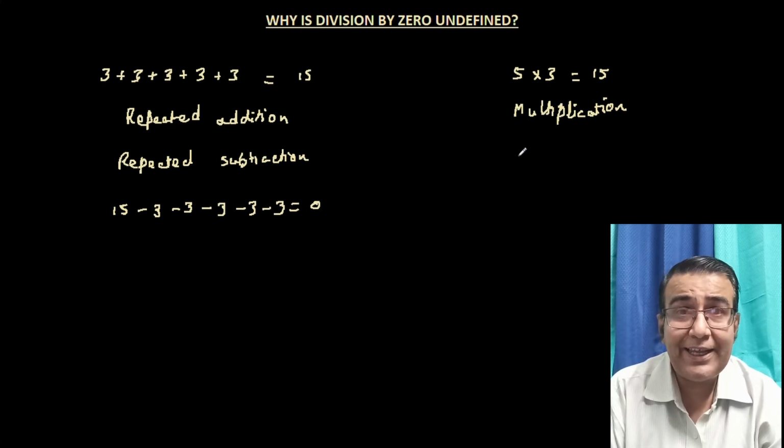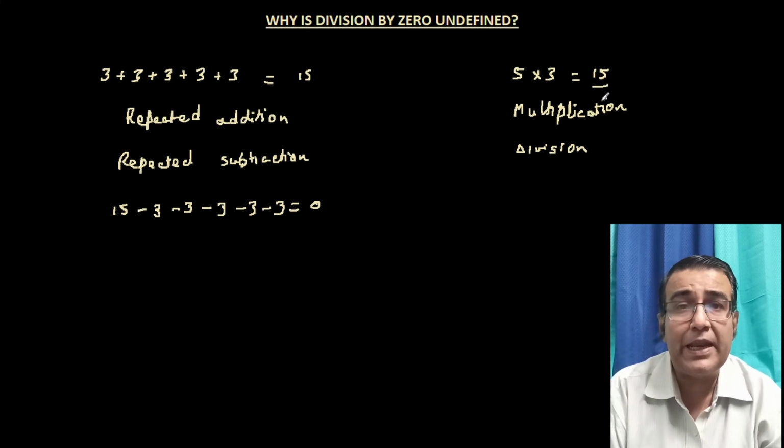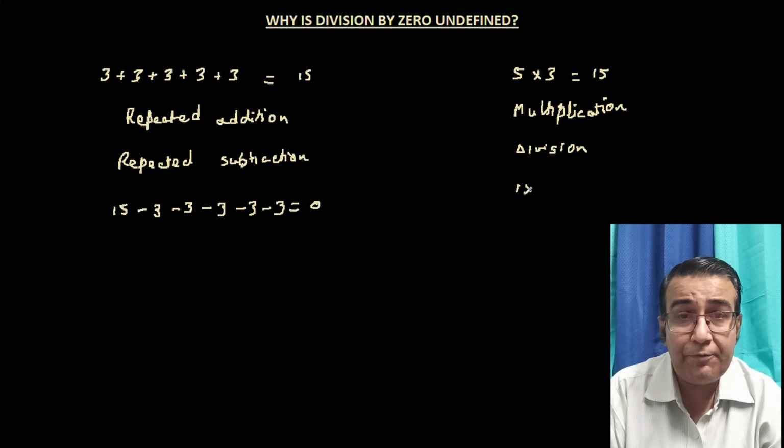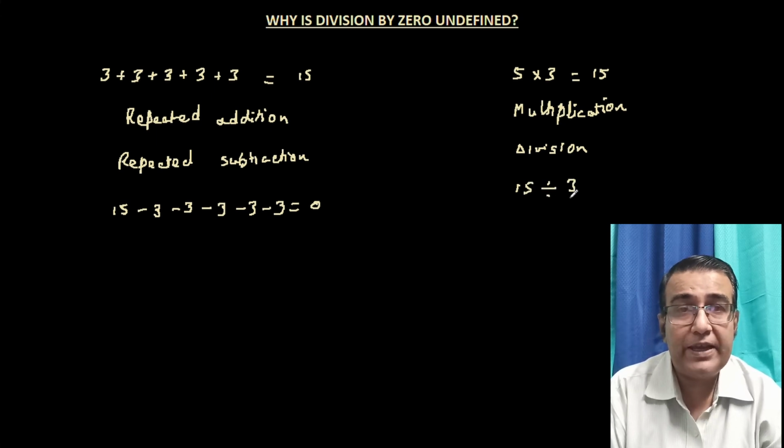And again, like multiplication, we have a simple way of doing it, and the inverse of multiplication is called division. And this repeated subtraction is what is known as division. So instead of subtracting 3 from it 5 times to get 0, we can just take 15 and say that when we divide 15 by 3, we get 5.